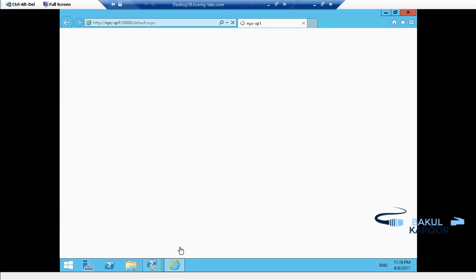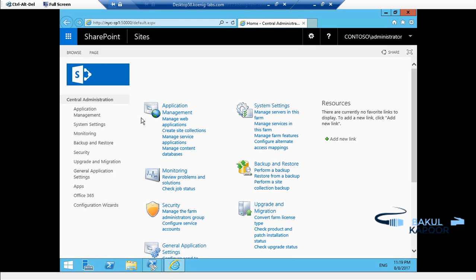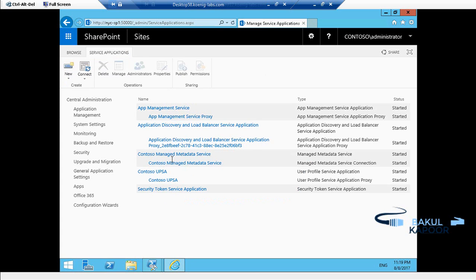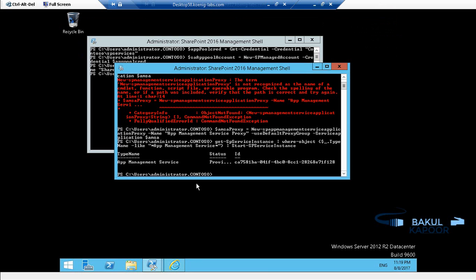Open Central Administration, go to Application Management, and then Manage Service Applications. Okay, as you can see, the App Management Service and the App Management Service proxy have been created, and they